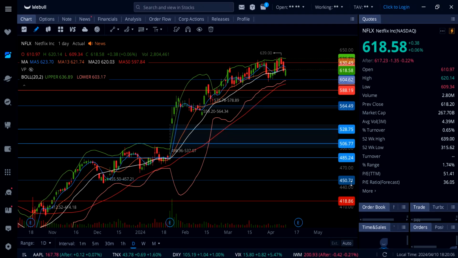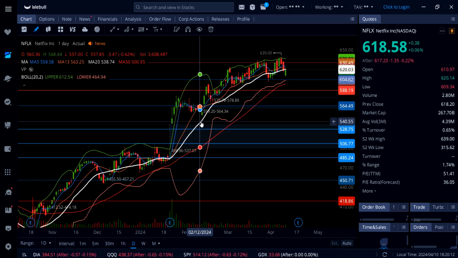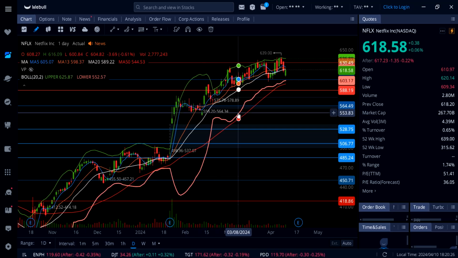So Netflix also, we've got earnings coming up, and this thing is absolutely flat on the day. It was down to 609, and now it's trading below 620, rising 20-day moving average. So before earnings, Netflix is coming down, and it looks like below 620 you could see Netflix coming down to 604 as early as tomorrow, and possibly coming down and retesting the lower Bollinger Band right here also at